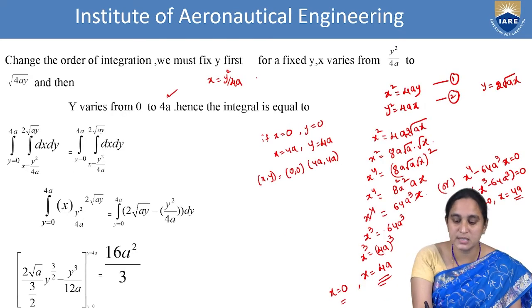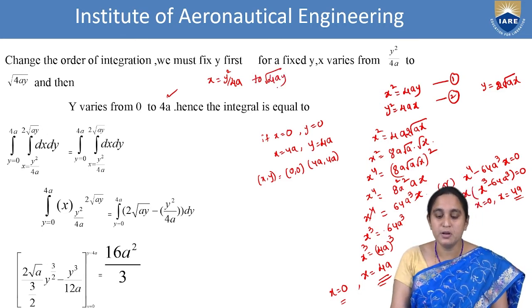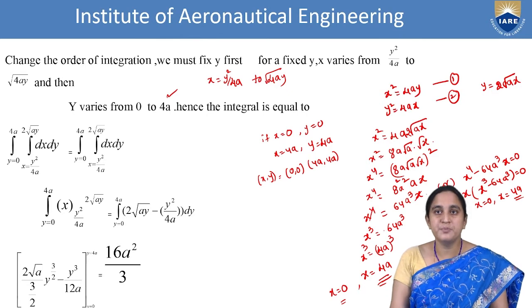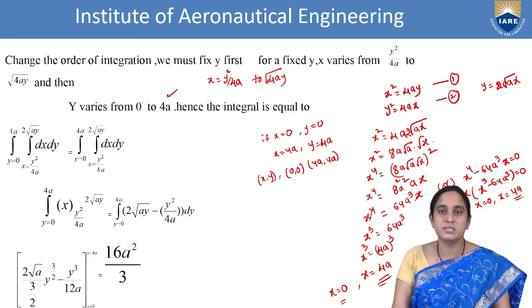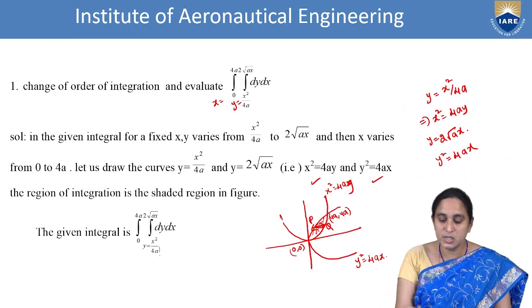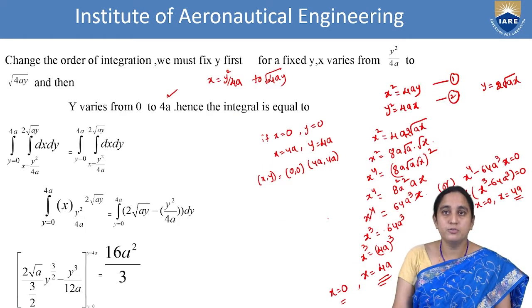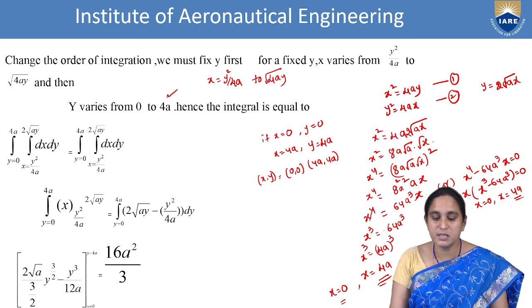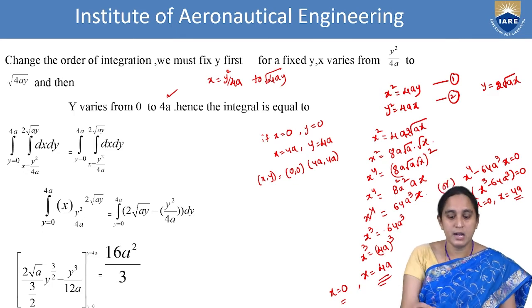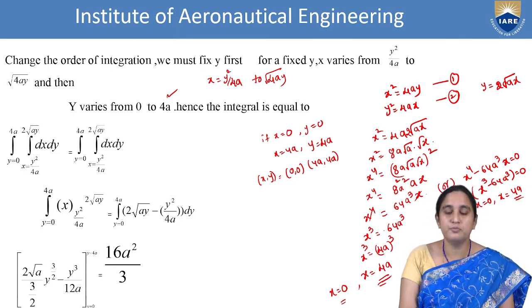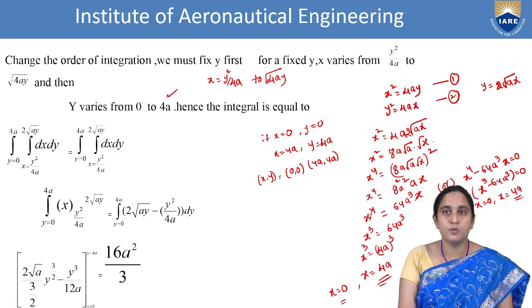From that, what about x? x is root 4ay. Therefore, what are the limits for x? Here x is equal to y square by 4a to root 4ay. And what about the y limits? The y limits are fixed; from the diagram here, they are 0 to 4a. Therefore, the x limits are y square by 4a to root 4ay, and the y limits are 0 to 4a. Hence, the integral is equal to,